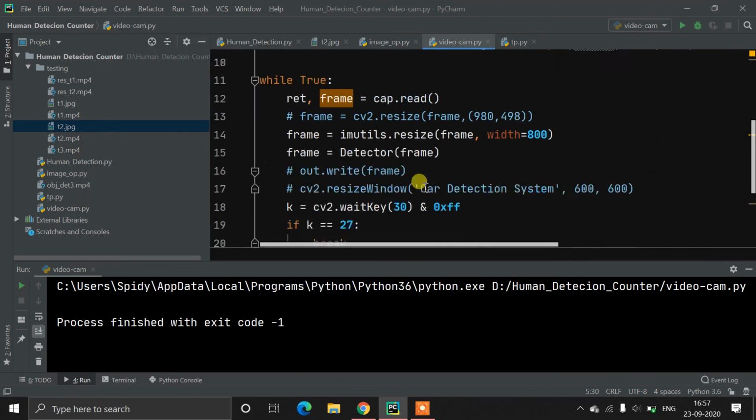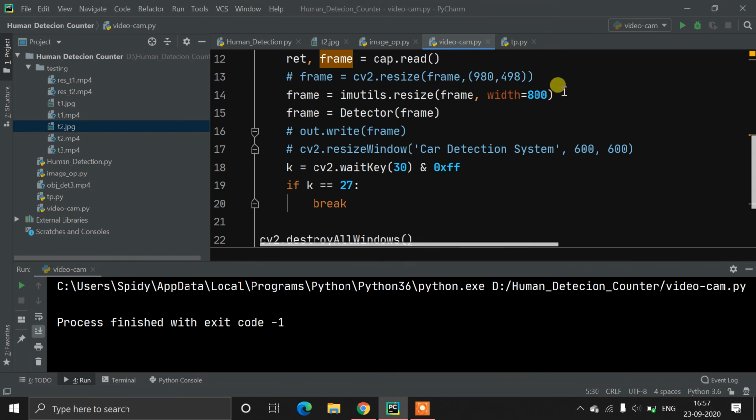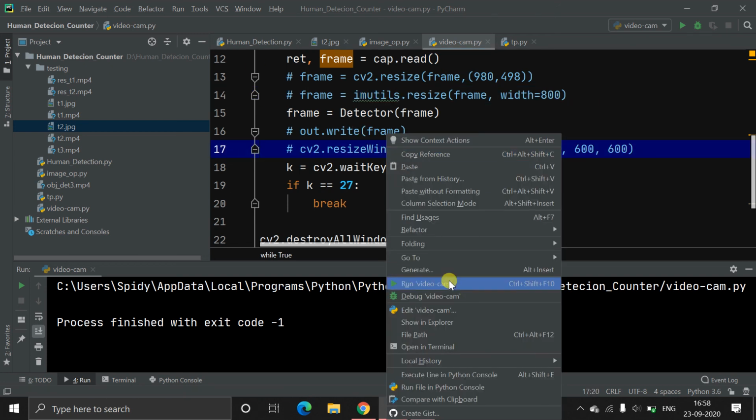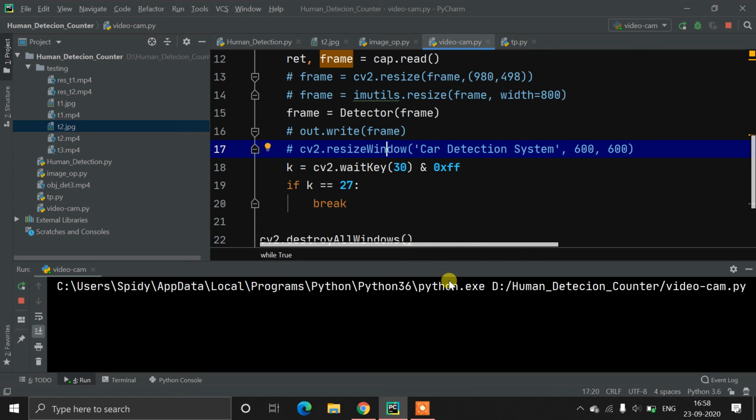If you did not get the result properly here, then sometimes what happens is the video is already in a smaller format and you are still increasing the size of the video, which will also decrease the result. Now I'm not resizing my video, and let me check the result once again.